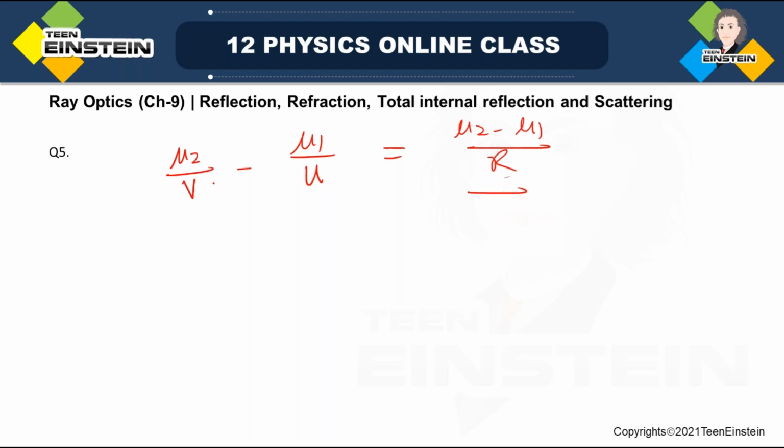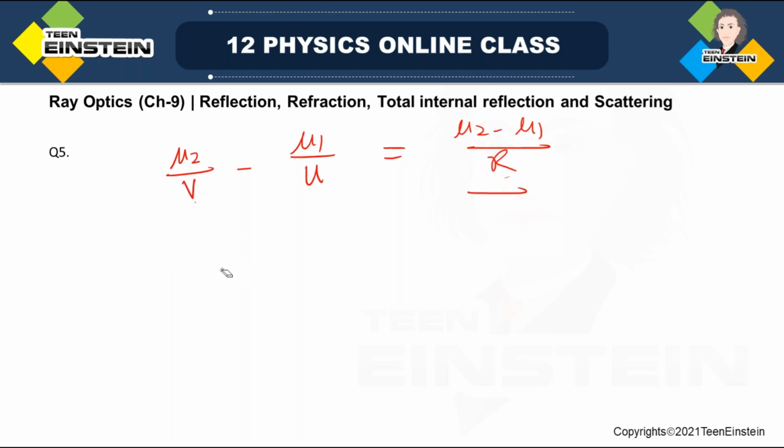Here v is the image distance, u is the object distance. So mu2 by v, this is fine, 1 by v is equal to,